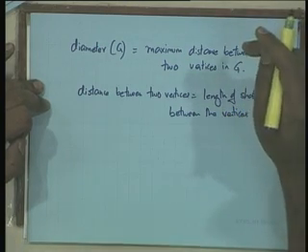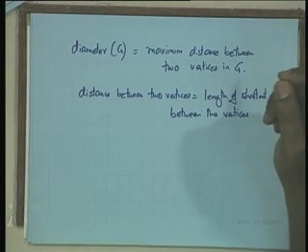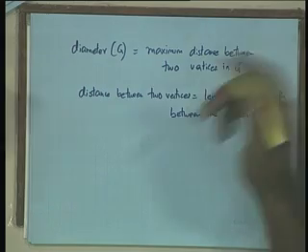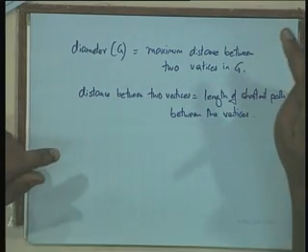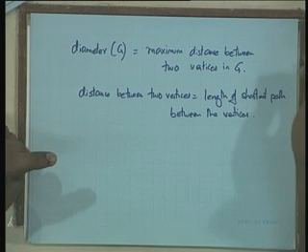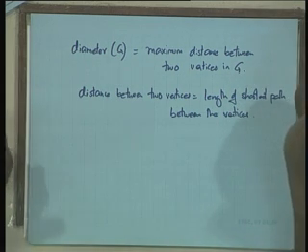We are not saying that the diameter is the length of the longest path between two vertices. That is a very hard quantity to compute. That is impossible to compute, more or less. So, we are not talking of that. Diameter is very specifically defined: the maximum distance between two vertices, and the distance between two vertices is the length of the shortest path.